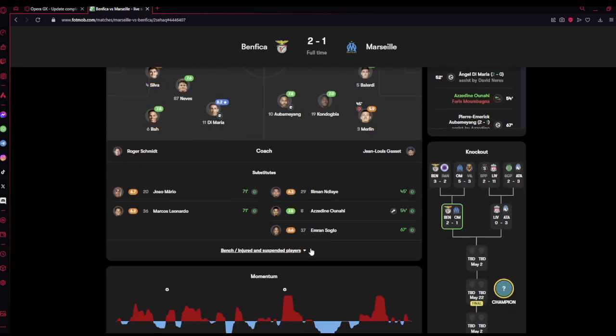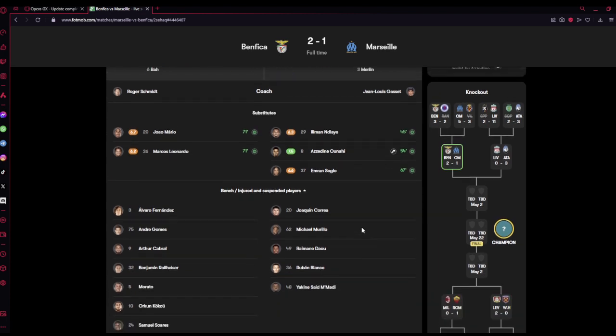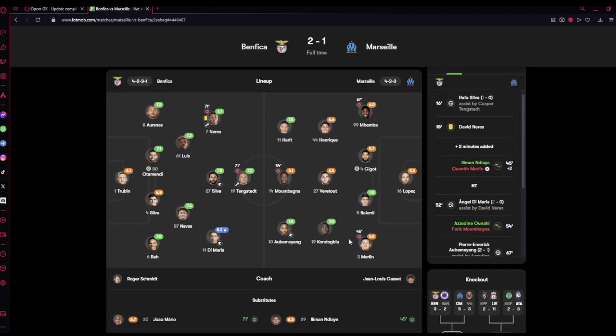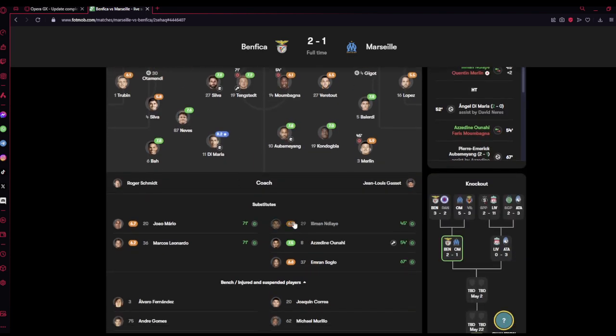Personally, I think in a second leg you need to play a player like Unai who can help. Again, Unai is not necessarily your defensive juggernaut profile, but he does provide that midfield control that's helpful. When you think about the goal that Aubameyang scored, where he was just sprung free by a well placed Unai pass, that's great coming from the midfield, which had control. Because again, Mubanga, Harit, NDI,